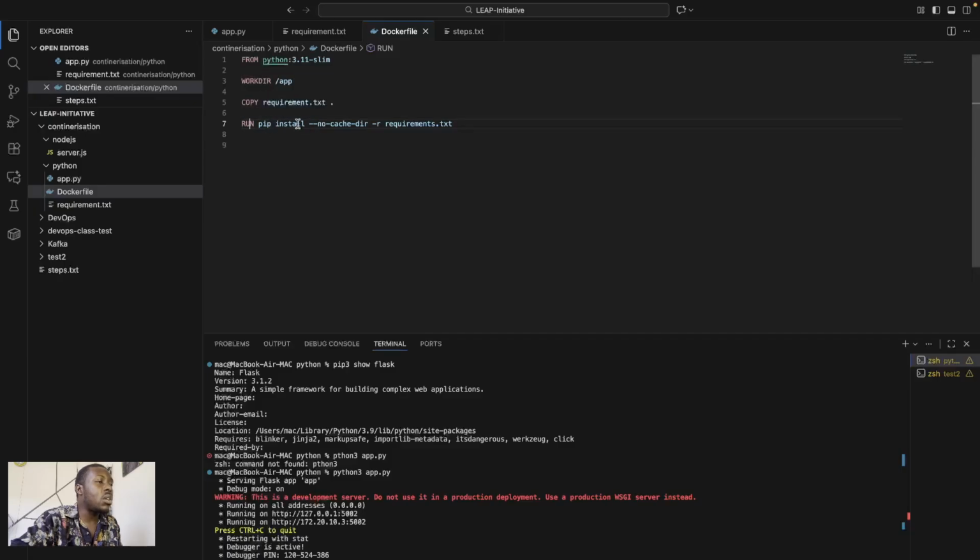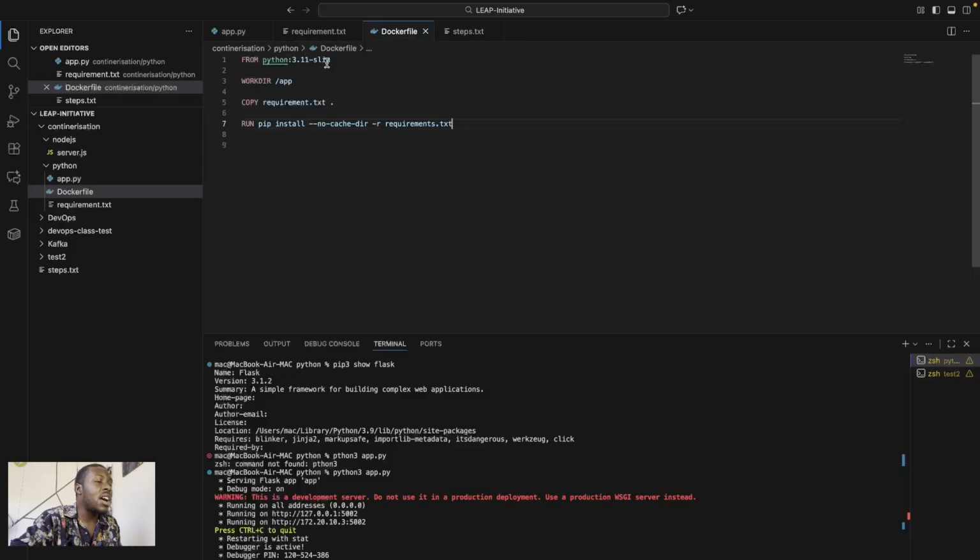So pip install is the Python install command. No cache dir, that's just to make it very clean, -r requirements.txt. Now it can find requirements.txt inside that directory because it has been copied into the directory from this line 5.